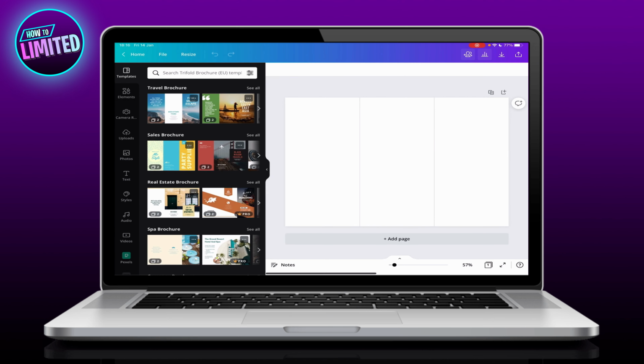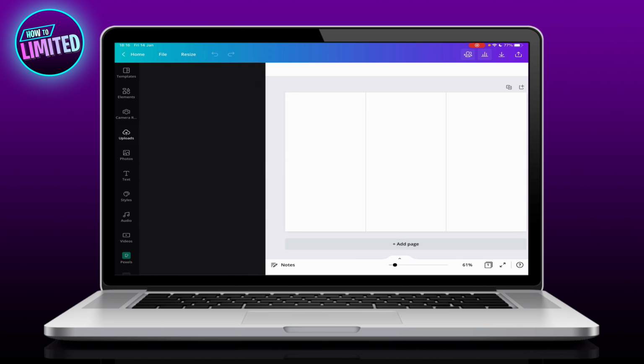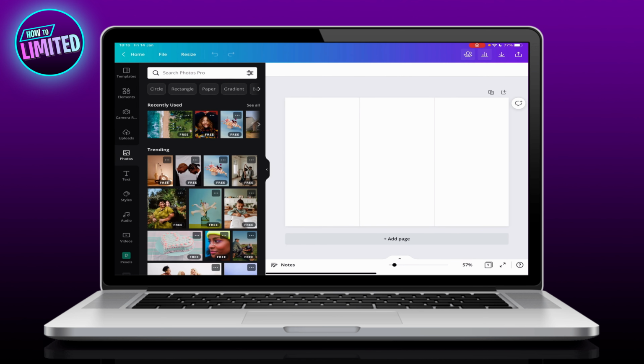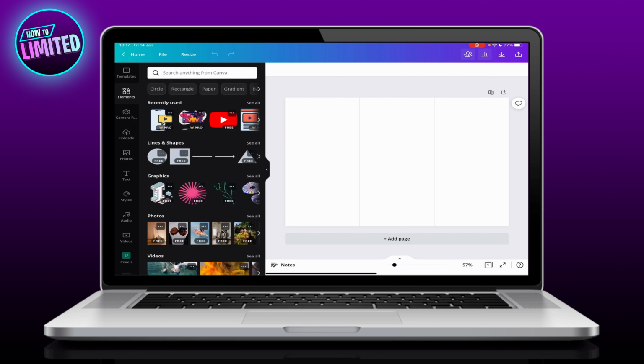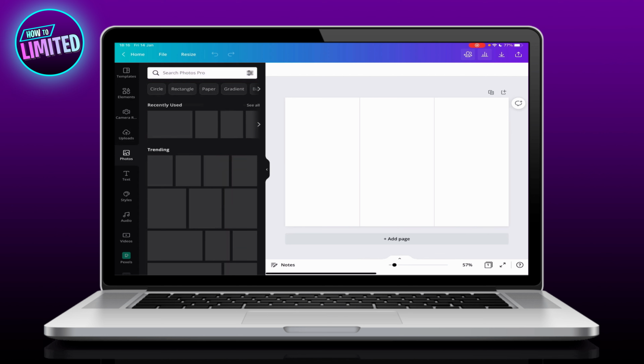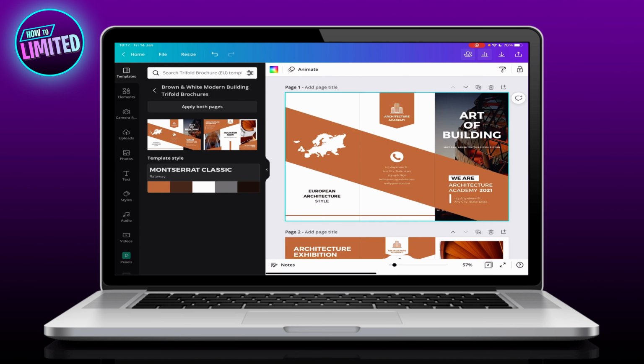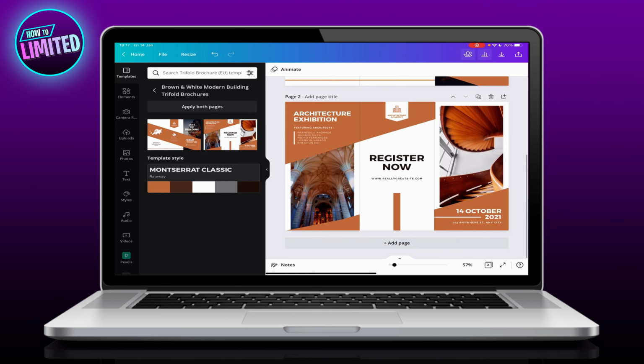Find the perfect template for your needs. Once you've found a layout you like, simply click and start customizing. Once you've found the right brochure template, you can easily tweak the layout to get it looking exactly as you need it to. Upload your own photos, rearrange text boxes and elements, and tweak fonts and colors in a few